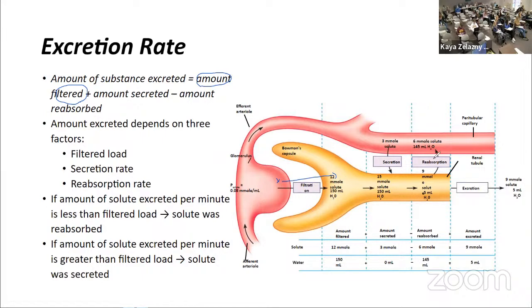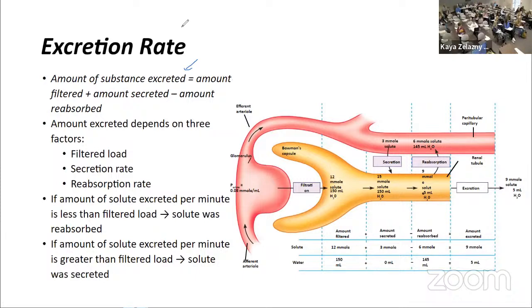You can add into that any secretion that happens. So if you add more from those peritubular capillaries into the filtrate additionally, that would increase the amount of whatever that is that you're getting secreted. So you'll add that number, and then you can subtract out anything that gets reabsorbed, because reabsorption is moving from the filtrate back to the peritubular capillaries. So these three concepts, filtration, secretion, and reabsorption, all work together. And using those three numbers, you can figure out how much is excreted, or, for the purpose of doing tests on people's urine,